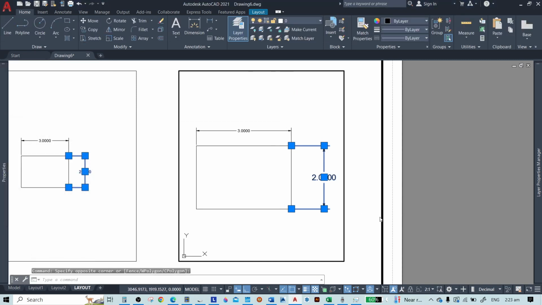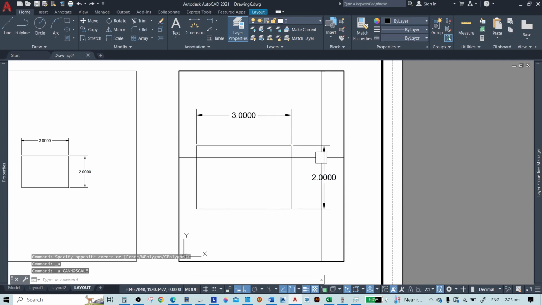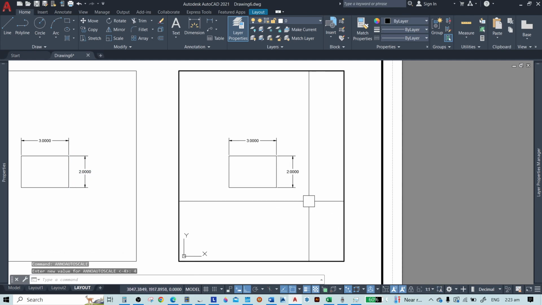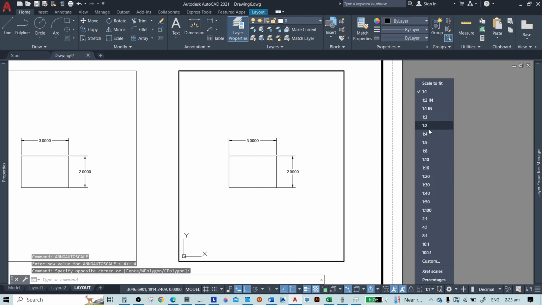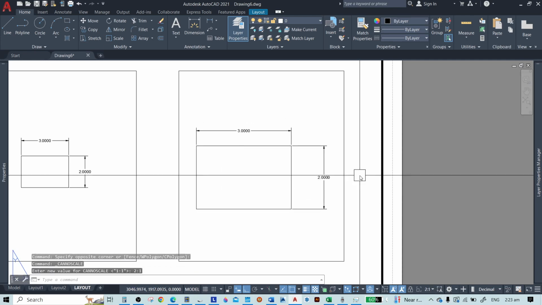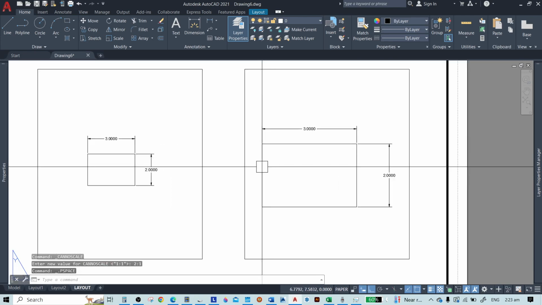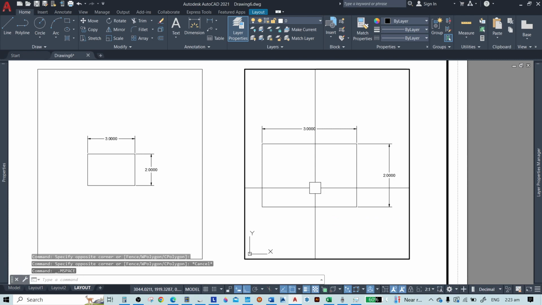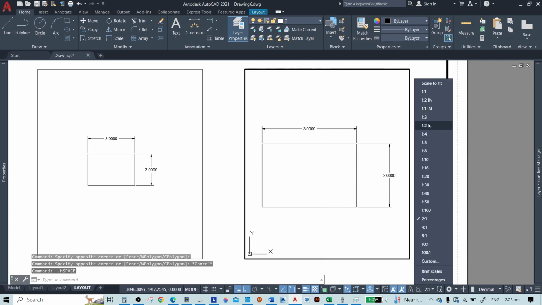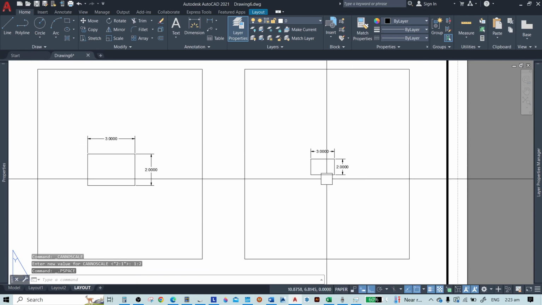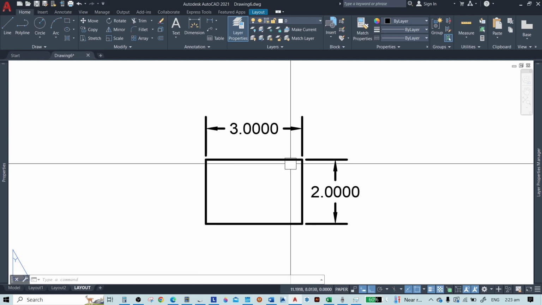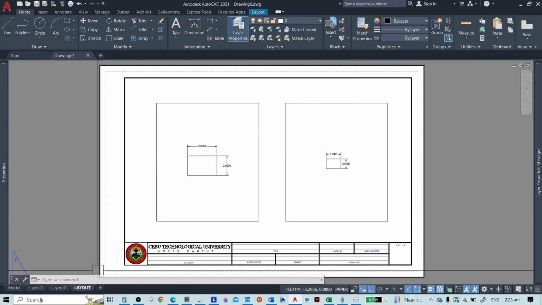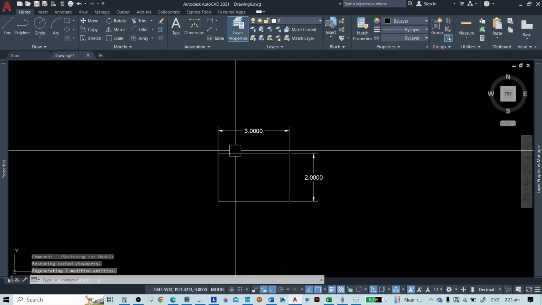So you can use this to automatically change all of the dimension scales, or the annotation scales of the dimensions rather. Okay, so 2:1. So that's it, that's how you do it. Now let's say for example 1:2. Mao gyapon. So just edit na lang gid kung dugol na kayo or too far na kayo ang kani sila, just edit na lang. Now nothing will happen here sa 1:1 scale.